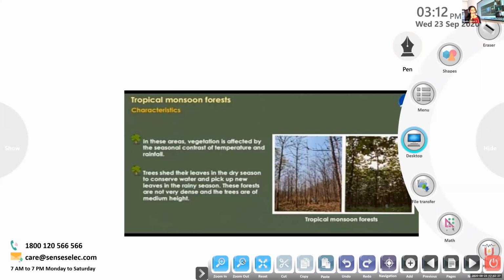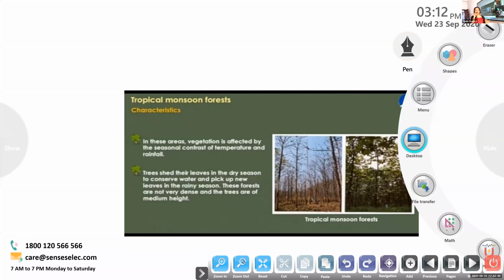Is it clear, children? Trees shed their leaves in dry season to conserve water and pick up new leaves in the rainy season.